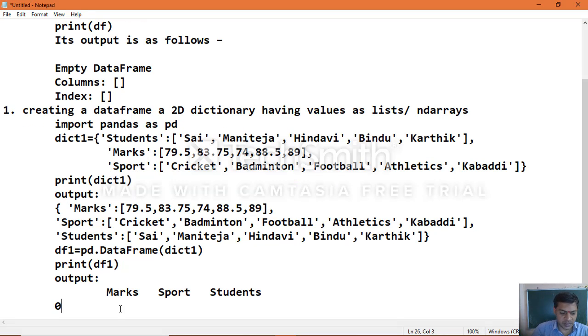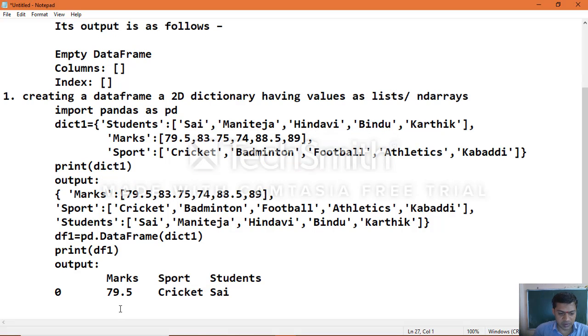Index number 0, then marks showing 79.5, then sport showing cricket, then the students showing the student names which were given. The complete data is printed in the order in which we specified it in the dictionary.